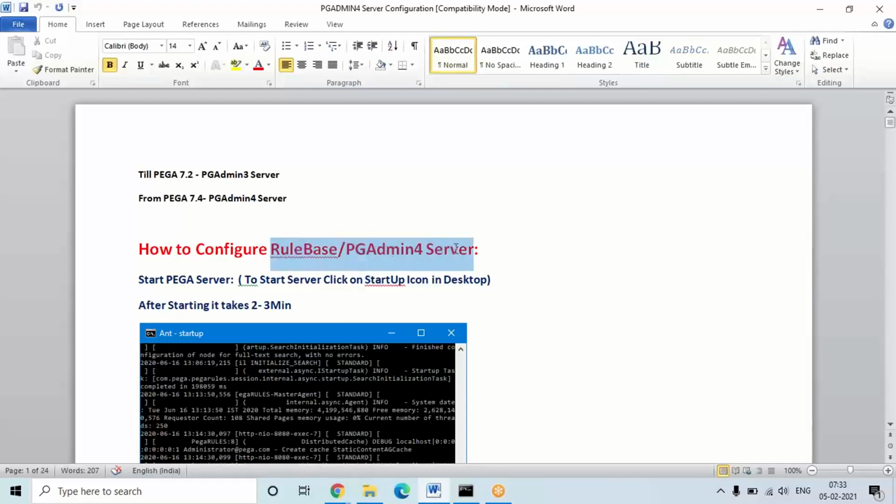After your installation is completed, this configuration is called rule base, pgadmin4, or localhost configuration. To do this, your platform should be running.